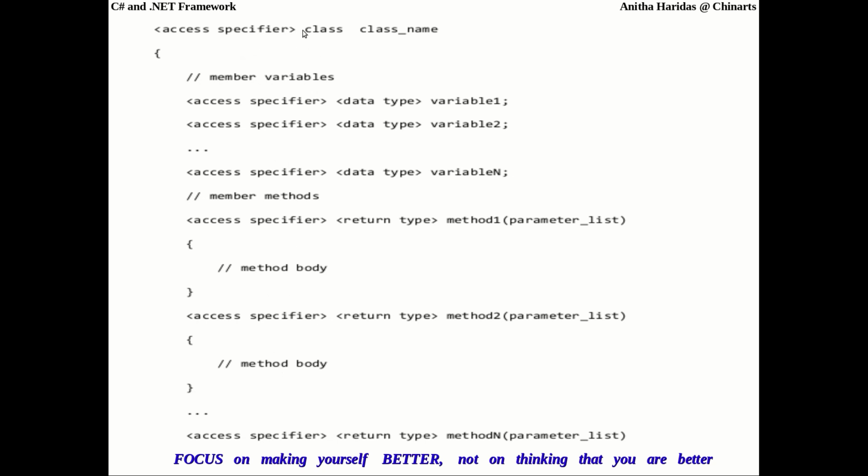So any class will have an access specifier, a class name, a list of member variables, and a list of member methods. The member variables are declared with an access specifier, a data type and some variable names. The method members again have an access specifier, and since it is a method, a return type, a method name and the parameter list. This is the format of declaring a class.